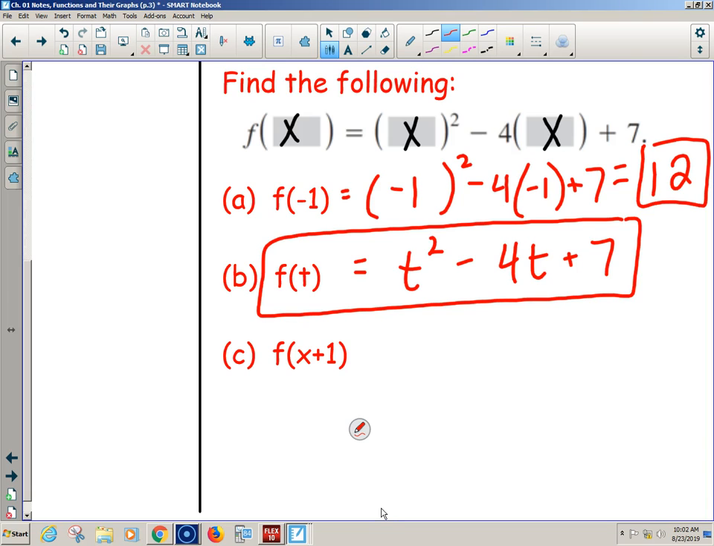Squared plus 2x plus 1. Oh, okay, I gotcha. So you have to FOIL it, and it ends up being x squared plus 2x plus 1